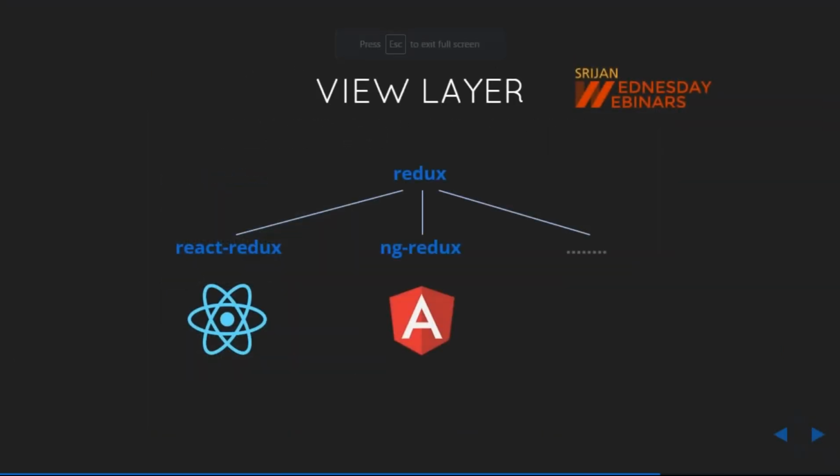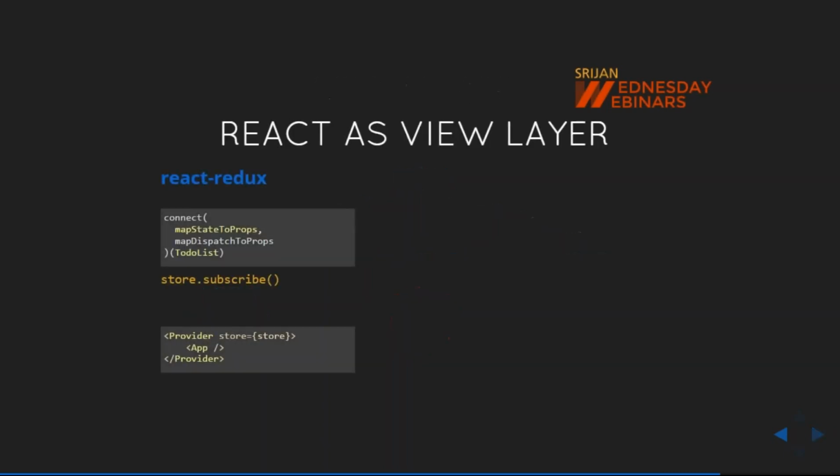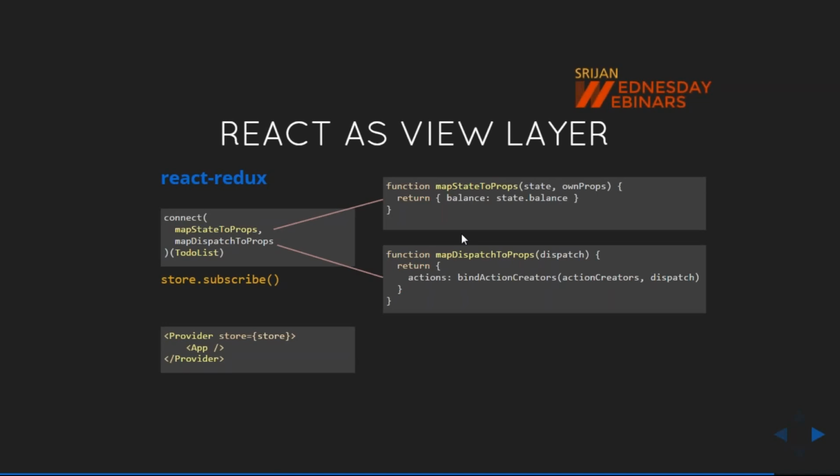This React Redux library is available for Angular and also for React, and React Redux is a bridge between your React layer and Redux layer. You are going to use the connect module of React Redux to fire an action to the Redux layer and get the state object from there. The only challenge is to fire the action to the Redux layer and get the state from the Redux layer. Then your task is done. So you are going to use this connect module. It has two things: map state to props and map dispatch to props. Using map dispatch to props, you fire an action to the Redux layer saying that I have clicked on book 1. So I will be firing some action to the Redux layer.